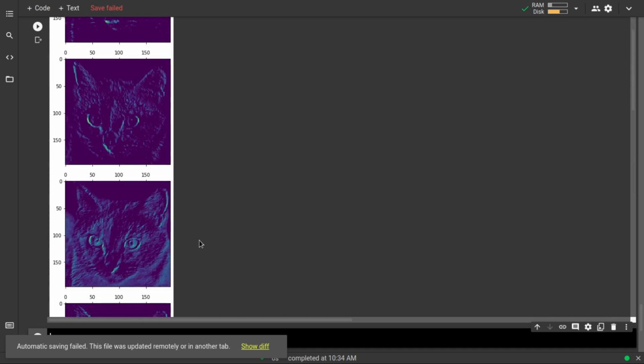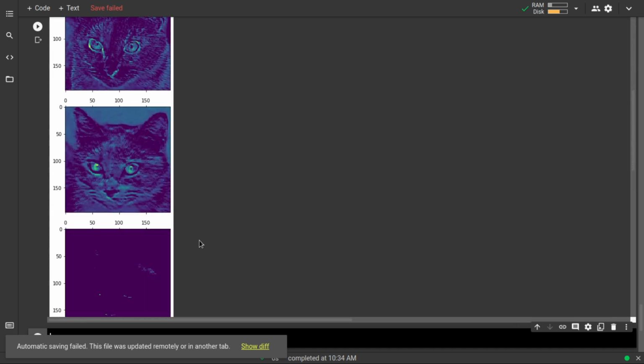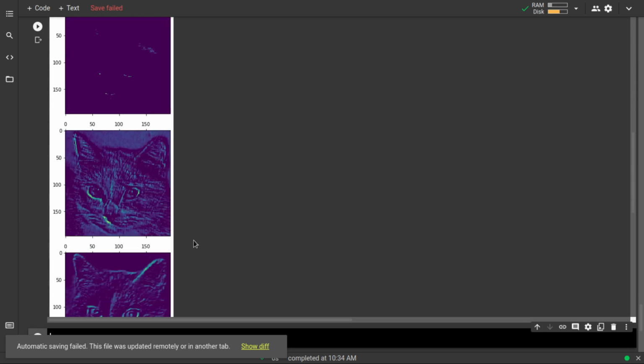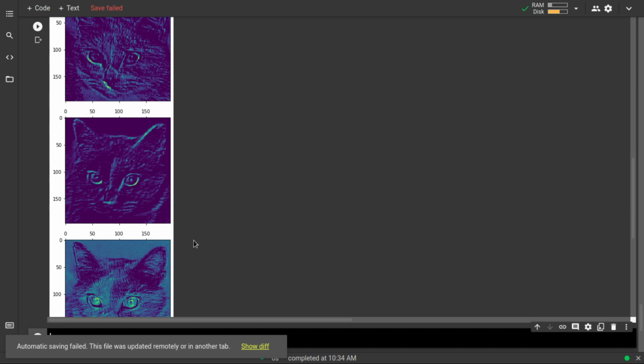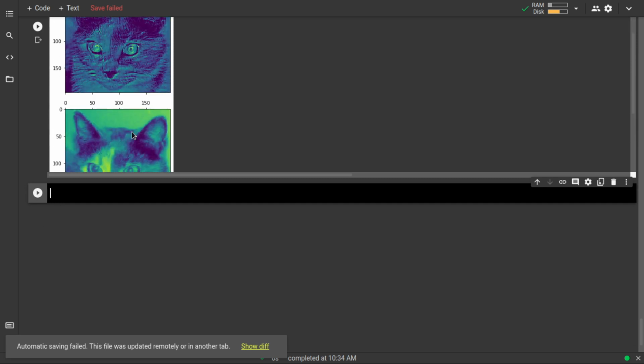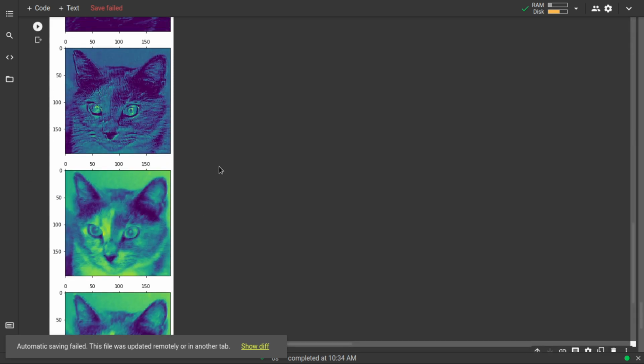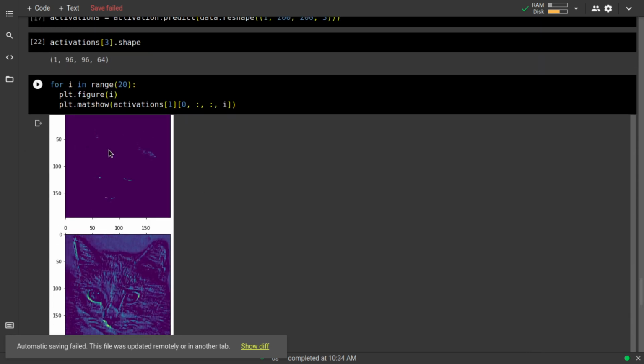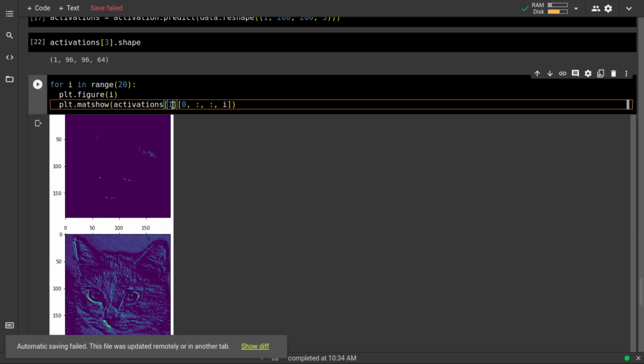Okay, so I hope you remember the PCA and NMF that we learned in machine learning class. In machine learning with PCA and NMF, if you plot them, you will get these representations of the same image. Okay, so it is pretty clear that convolutional neural networks are doing nothing but that PCA or NMF stuff.